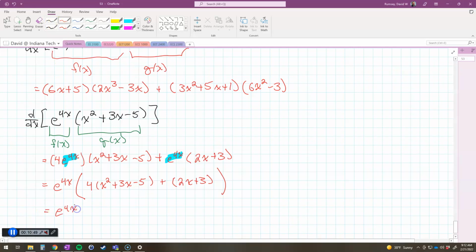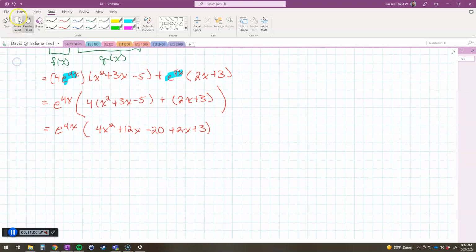e to the 4x times 4x squared plus 12x minus 20 plus 2x plus 3, and finally wind up with e to the 4x times 4x squared plus 14x minus 17. And now, as far as what's the correct answer, it really depends on the class and